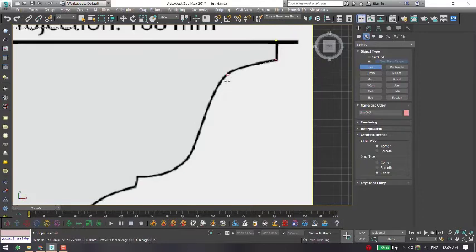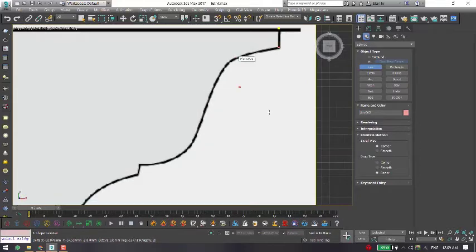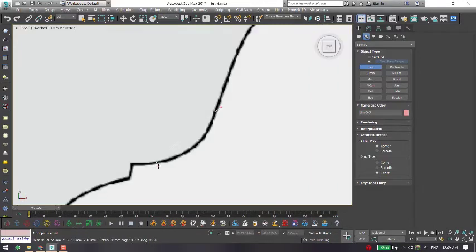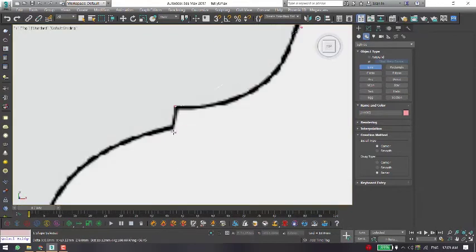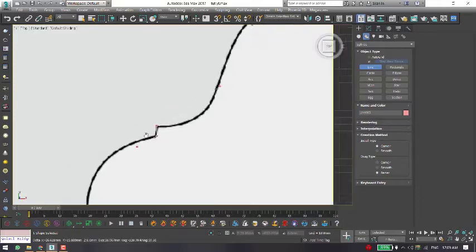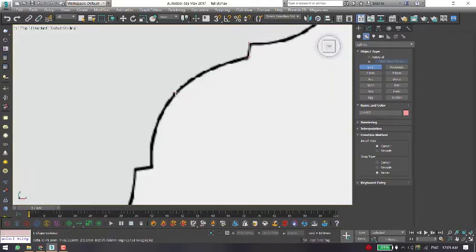But when this type of curve is coming into work, you need to set this option to corner and drag type Bezier. When you hold your mouse left click and drag, then it creates a nice curve. Just click and drag. When you want a straight line, press shift and click. When you want a curve line, click and drag.